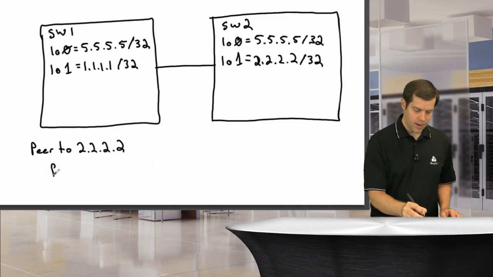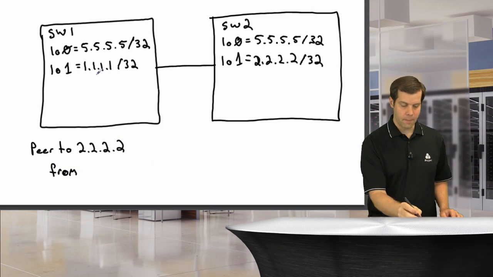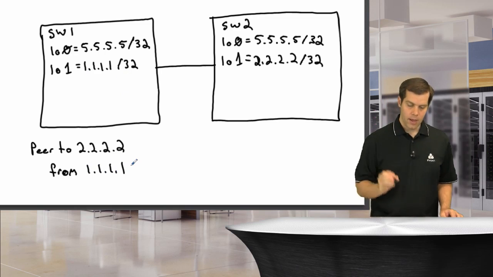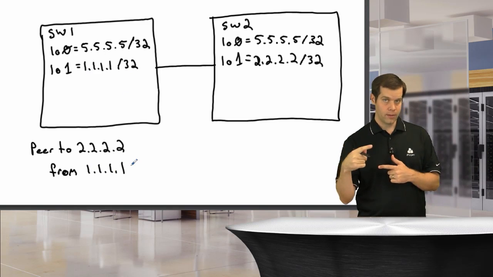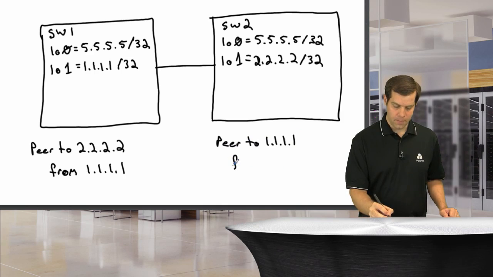And then I'm going to specify what interface I'm sourcing the peering communications from, and that's my local loopback, 1.1.1.1. And then switch 2 is just going to be the flip of that. So switch 2 is going to peer to 1.1.1.1 from